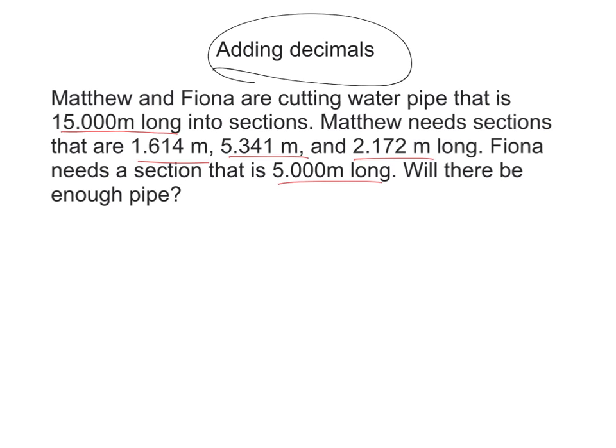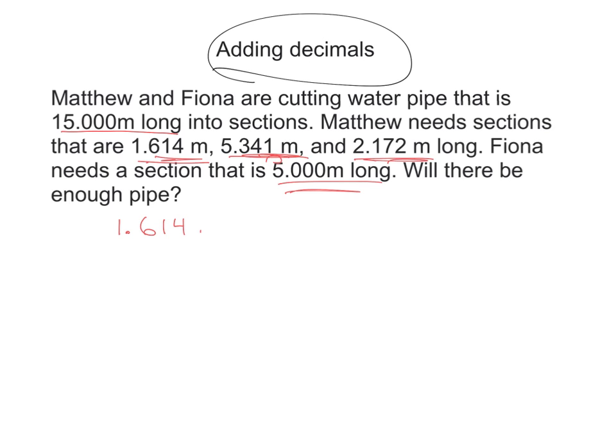As I plan this strategy out, I'm basically saying to myself, if these four numbers here add up to a number that's less than 15, we know that there's enough pipe. If it adds up to more than 15, there's not enough pipe. So basically what I'm doing is I'm going to add some decimals. Let's just start here,